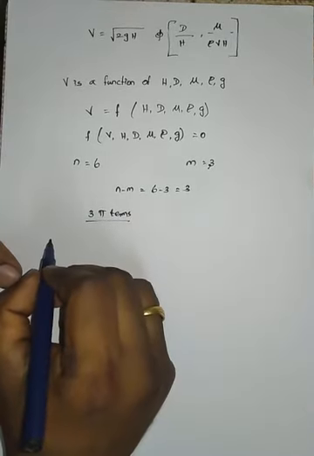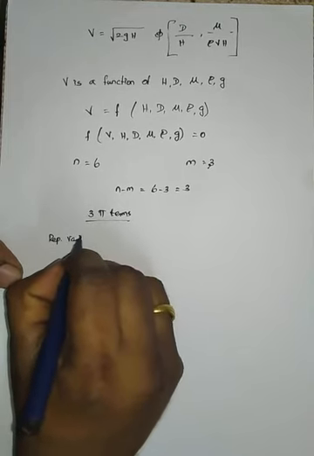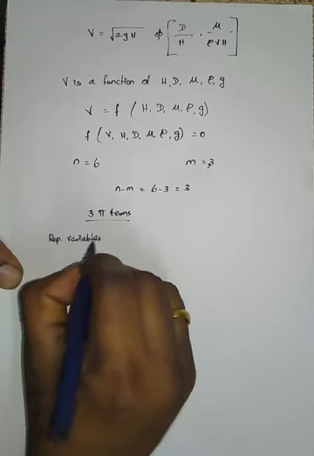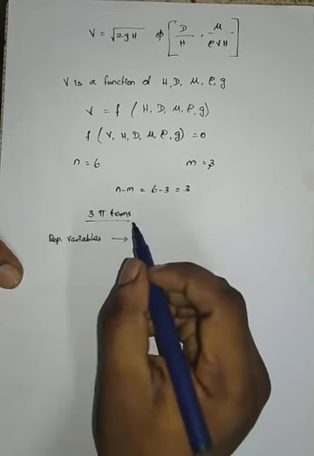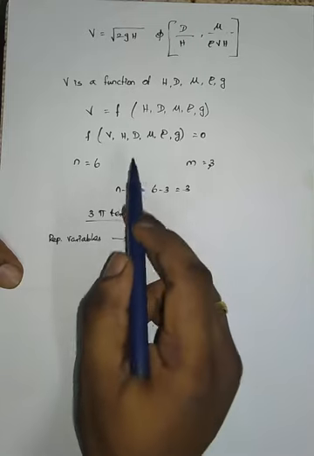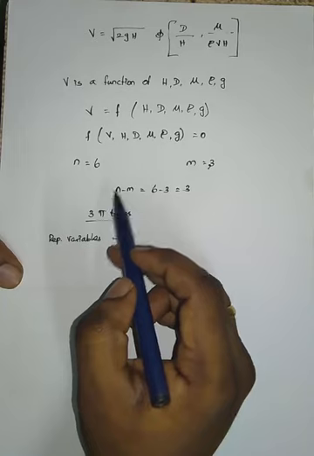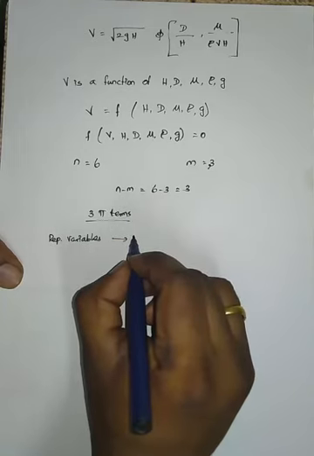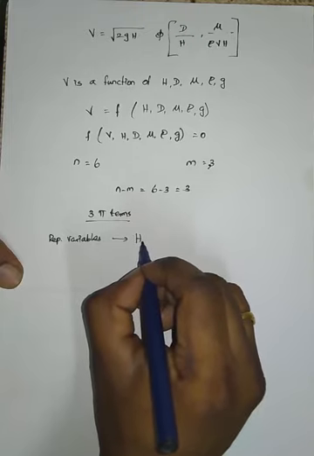Then in the next step you have to choose the repeating variables. The first repeating variable must be a geometric property. Here the geometric properties given are head value and diameter. The velocity will be mostly affected by head value, so it is taken as the first repeating variable, h instead of d.